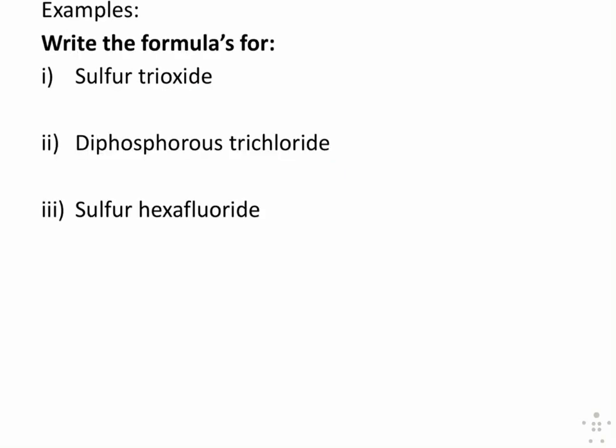So if we quickly look at some examples, if we look at our name, we can very easily figure out the formula. In our first example, we have sulfur trioxide. So sulfur tells us we have a sulfur. Oxide tells us we have an oxygen. And our tri tells us that there's 3 oxygens. Just take a look and